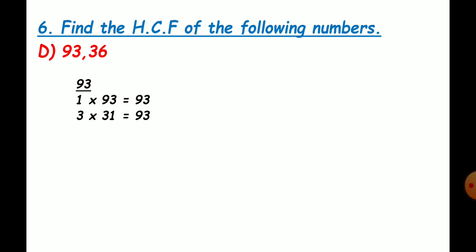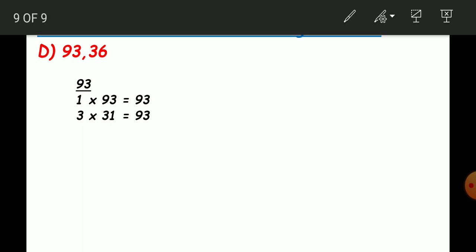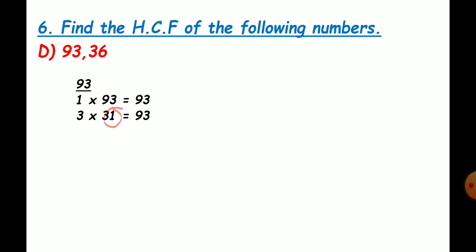And then you can just check till 11 or 12, children. 12th table also it will not come. Here, we cannot check till 31, right? So check till 11 or 12, that will be enough. Okay, so now write the factors. Actually we have to check till 31, but there are no factors other than these four factors. So let us write the factors for 93. 1, 3, 31 and 93.